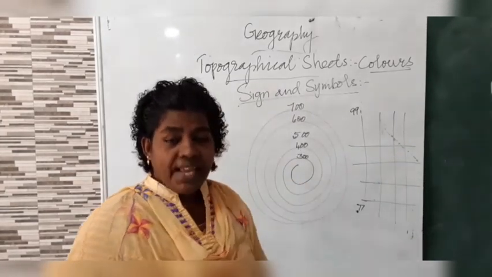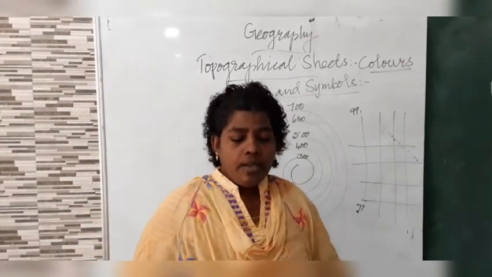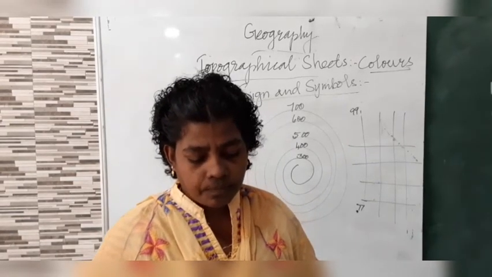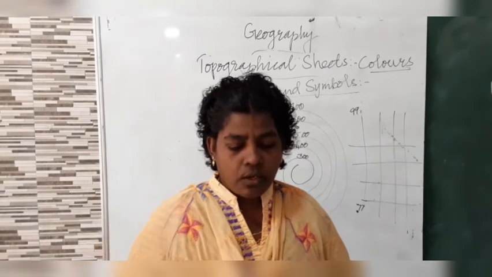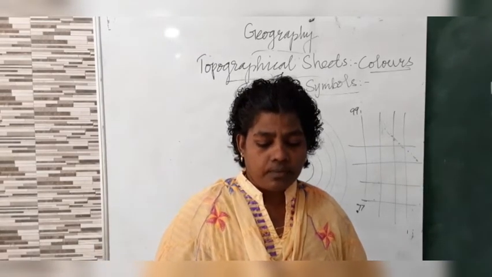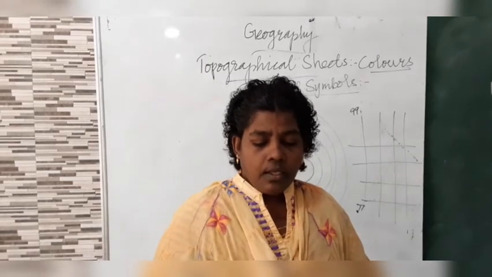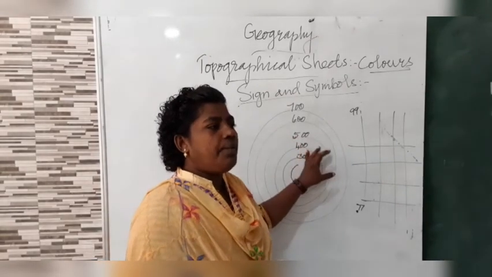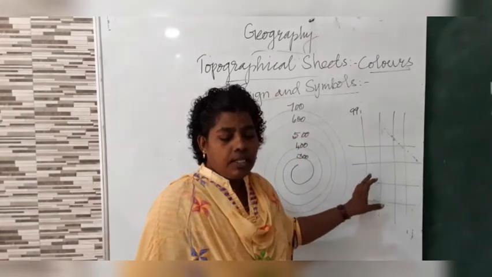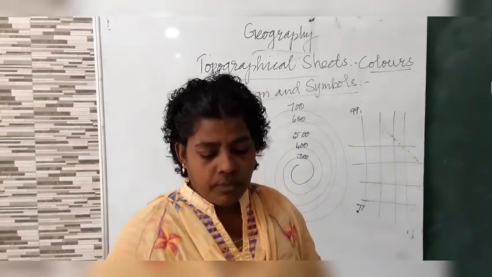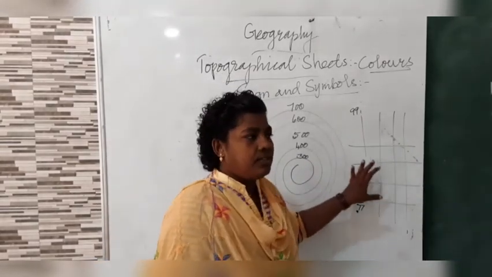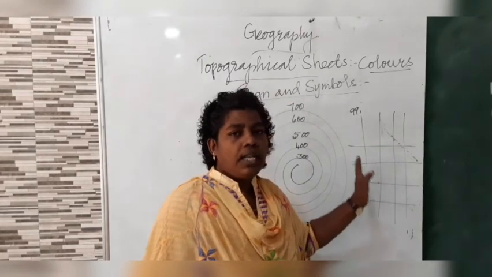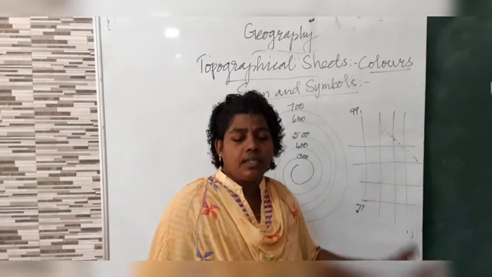And come to page number 11. You can mark a metalled road and unmetalled road for D4 question. Okay, for unmetalled road, how will it be drawn? The dots will be drawn with red color. And for metalled roads or pucca roads, it will be shown as 2 red parallel lines. Okay, for unmetalled road, the parallel line will be broken in between. It will be drawn with red color.